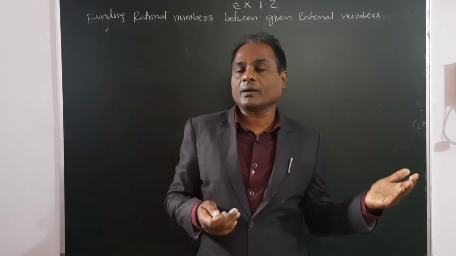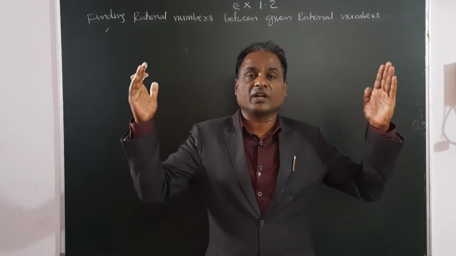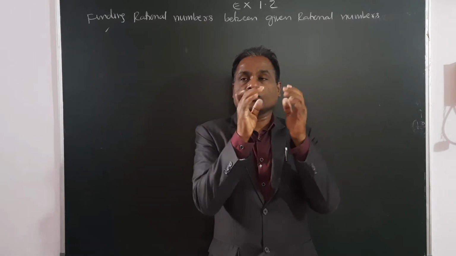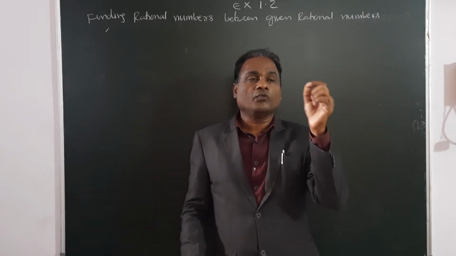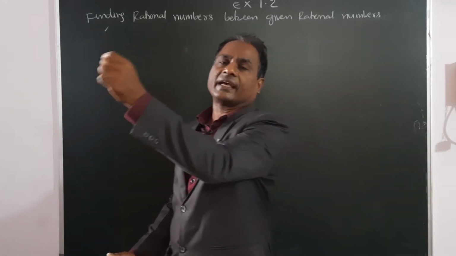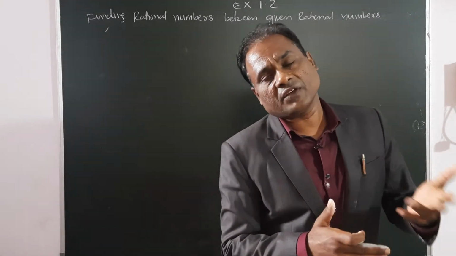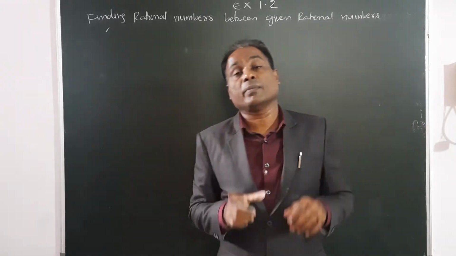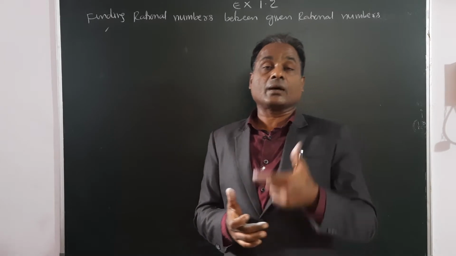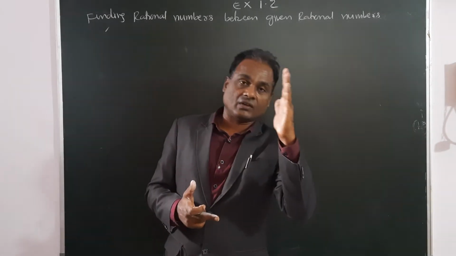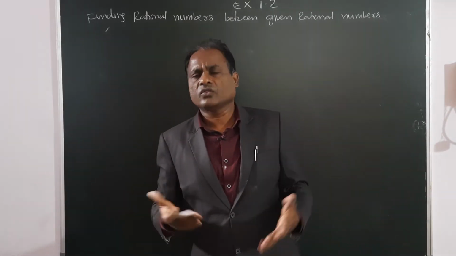If it is a natural number or whole number or integer, you can easily tell. Suppose you are asked to write the natural numbers between 3 and 15: 4, 5, 6, 7, 8, 9, 10, 11, 12, 13, 14 are the natural numbers between 3 and 15. Like that, if you are given whole numbers also, you can tell the numbers between, or less or greater. Integers also, it is easy to tell the numbers between two given integers, or the integers less than or greater than the given integer. So all that you can find.